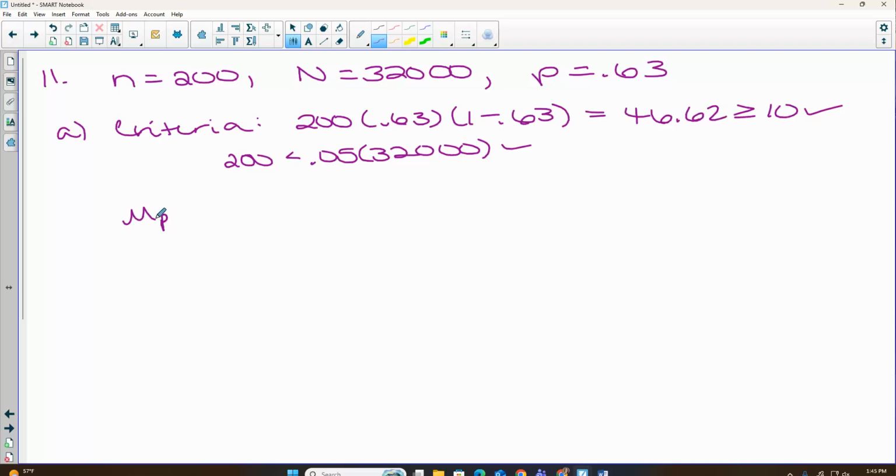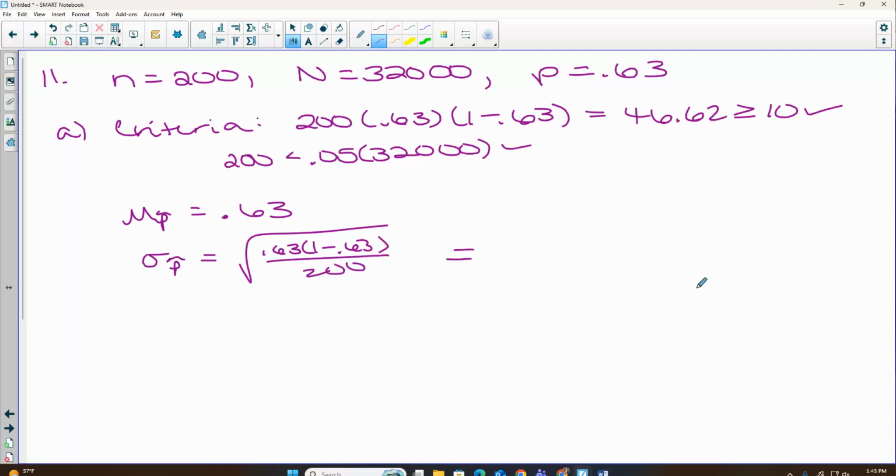So our criteria is good. Then our mean for p hat is just our p, 0.63. Standard deviation for p hat is the square root of p times 1 minus p over n. Okay, and when we do that, we get,